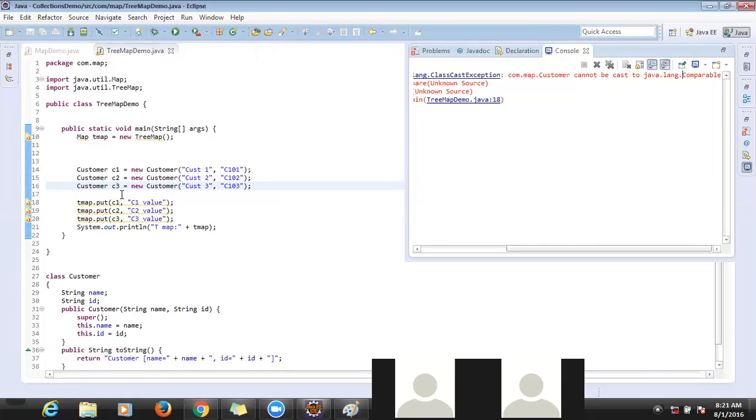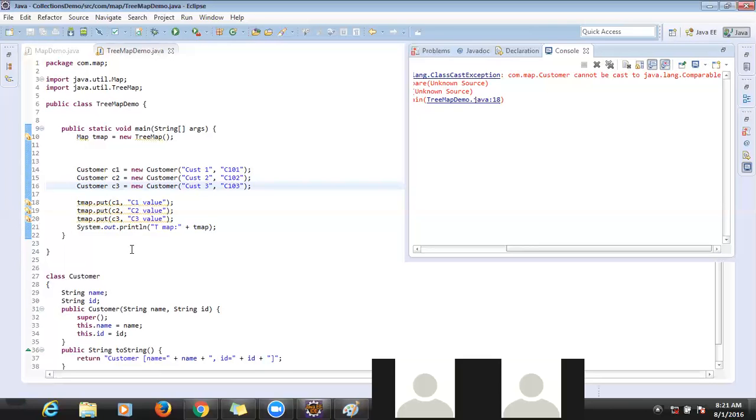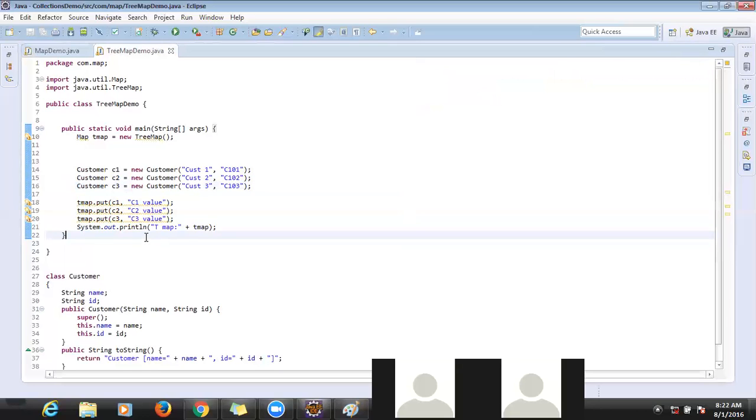There are two fields basically. If you give the value as simply 101, 102, and 103, that is fine. Either string or integer you give, it will work, no issue. We have already seen that. But now the issue is it's not a string and it is not an integer. It is a customized object. In the case of a customized object, we are not able to sort the elements because inside the customer there are two fields.